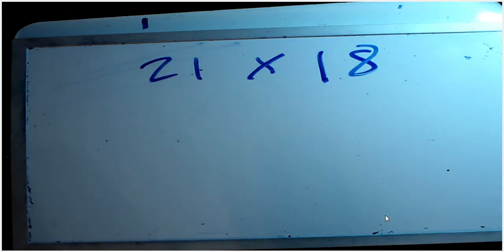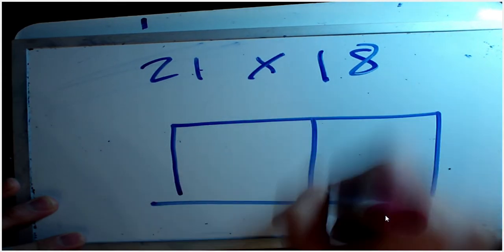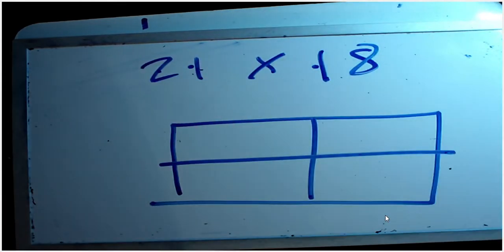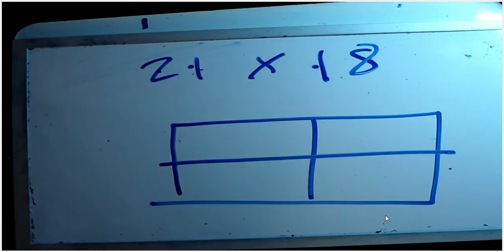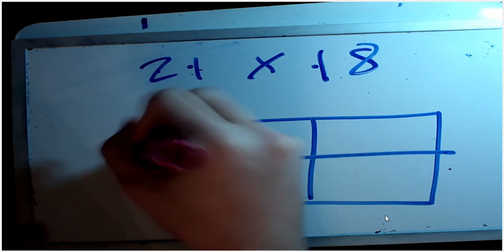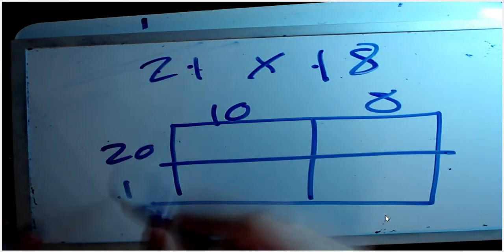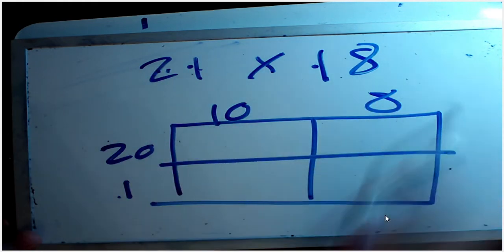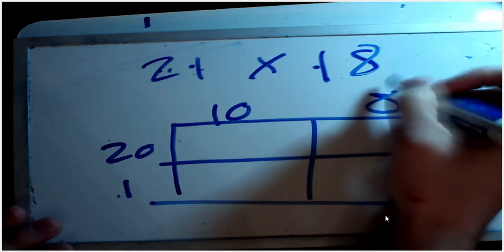So my rectangle needs to have a total of 4 boxes, because 1, 2, 3, 4. And we would want to break these numbers up into expanded form. So we may be looking at 20 and 1, 10 and 8, because 20 and 1 is 21, 10 and 8 is 18, and this gives us a great way of using our knowledge of extended facts